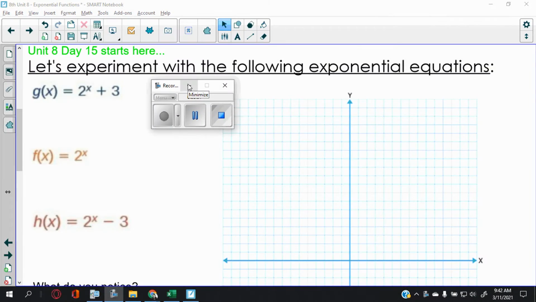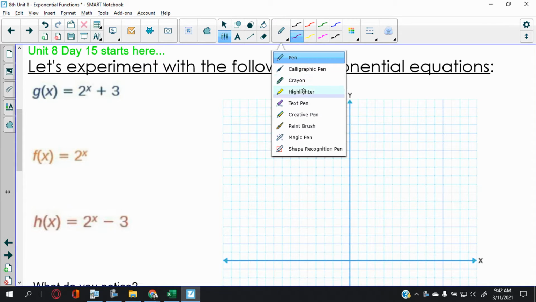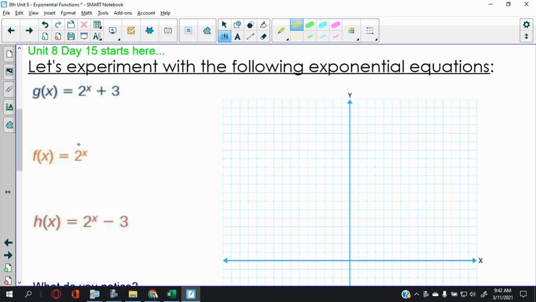So, okay, what we're gonna do today is just translate exponential functions. All right, let's go. Here it says let's experiment with the following exponential equation. So what we're gonna do is this: I want to show you three exponential functions, with a little caveat or a little exception. So notice here